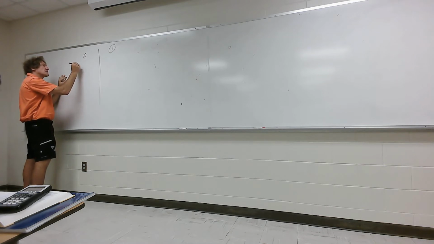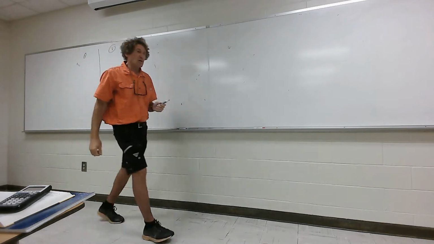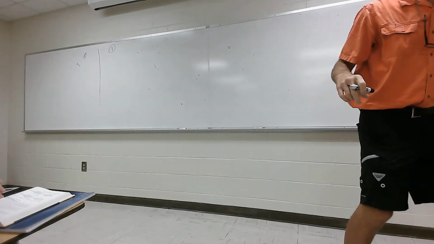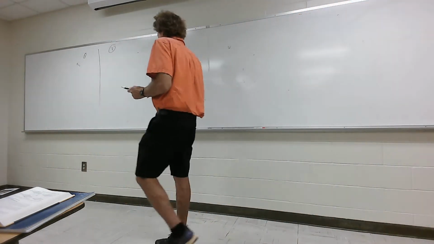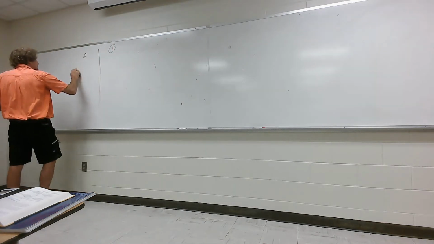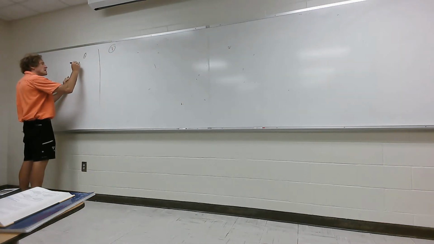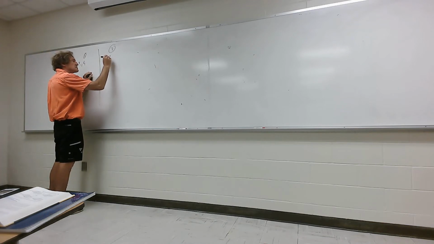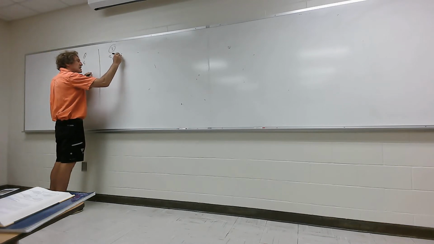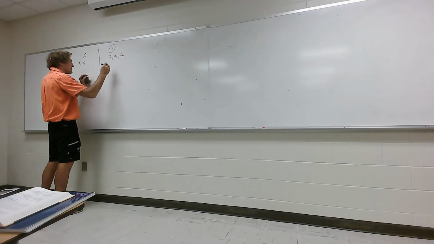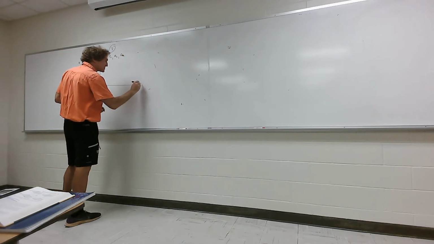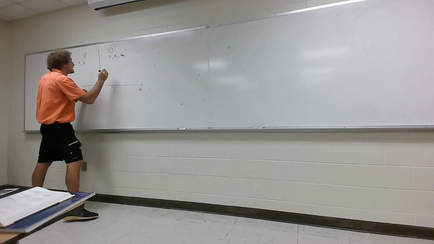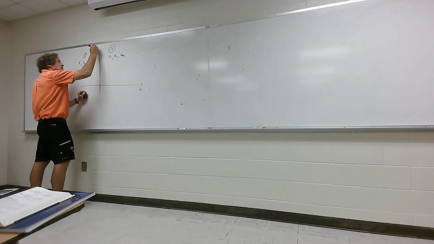There'll be some sigma 1. Some, matter of fact, let's do it this way. Let's make that lossless so it doesn't cause any real problems. We're going to make this media just have some mu1 and some epsilon 1. This media can have some sigma 2, some mu2, and some epsilon 2. And we'll call this the x or the z direction, and let this barrier be the x coordinate, and we're